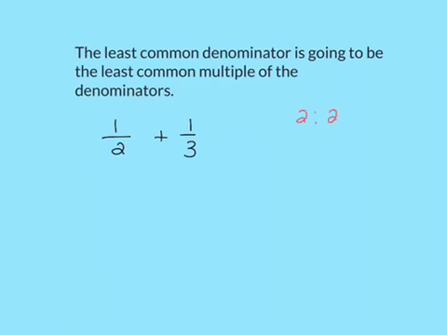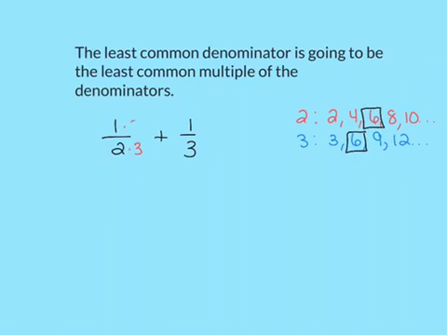So for 2, we would have 2, 4, 6, 8, 10, etc. And for 3, we would have 3, 6, 9, 12, etc. We don't need to go any further because you can see already that the least common multiple of those two denominators is 6. So what we want to do is make both of those denominators 6 by using multiplication. In order to make 2 into 6 using multiplication, I'd have to multiply the bottom by 3,